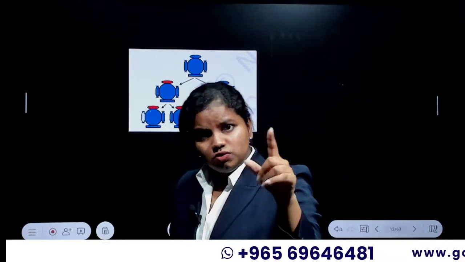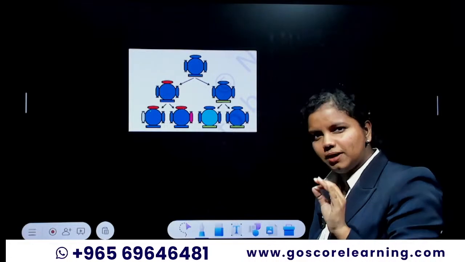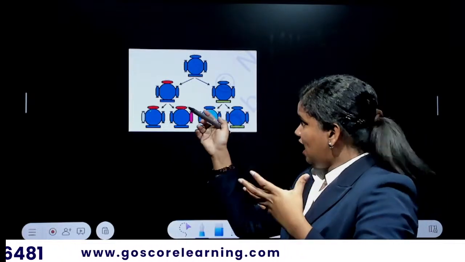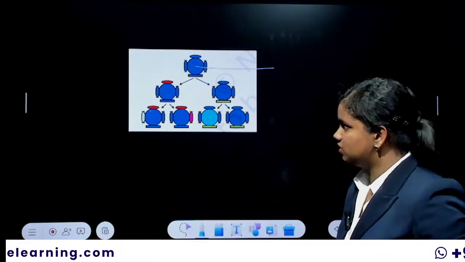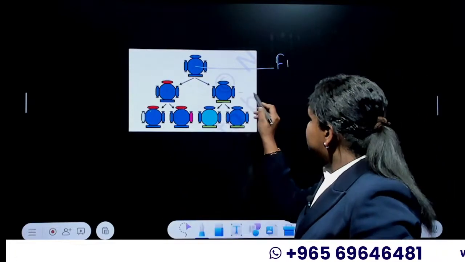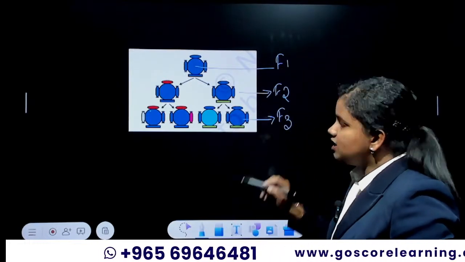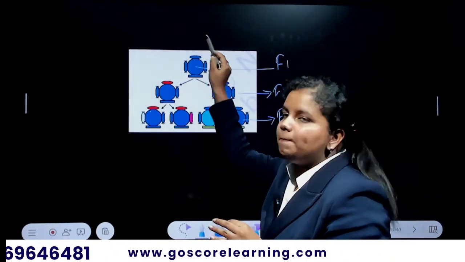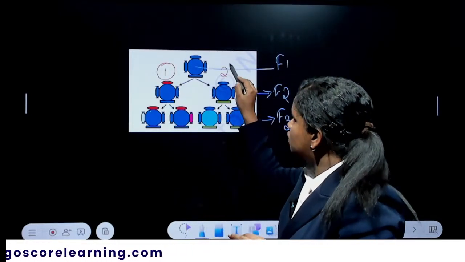And this is another picture, also taken from our NCERT textbook of grade 10. This picture depicts variation in another manner. Suppose this is a bacterial generation. This is generation number 1, let it be F1. Then this is generation number 2, let it be F2. This is generation number 3, let it be F3. If you look closely, you can see a parent from which two offsprings are produced. There is offspring number 1 and offspring number 2.